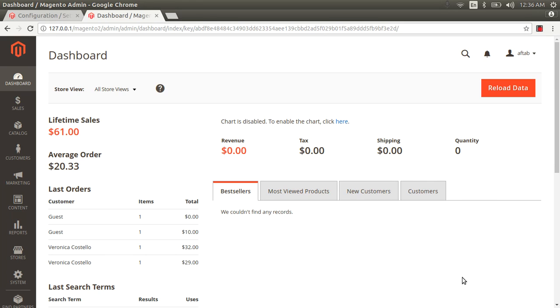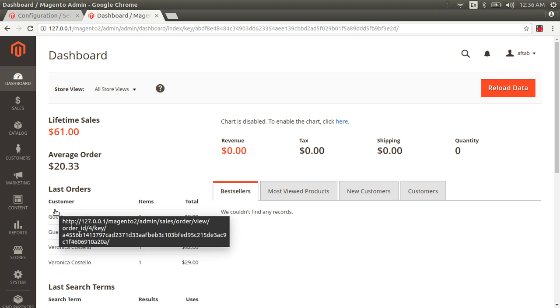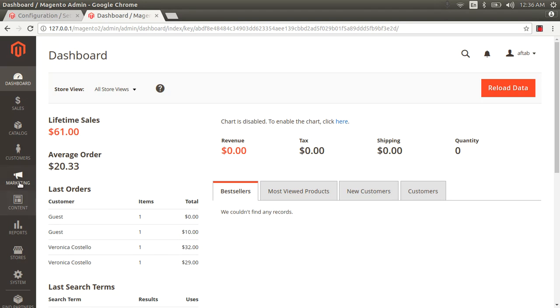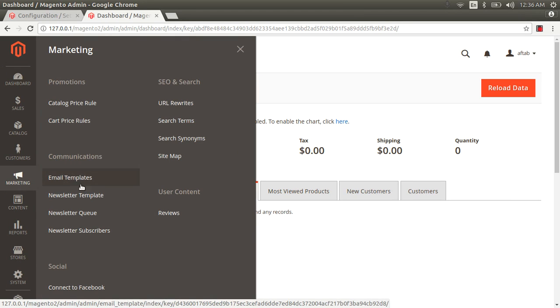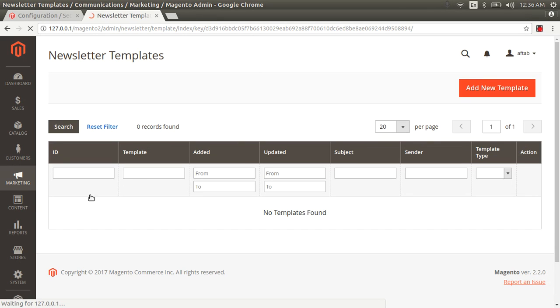This type of need, we need to send a static newsletter, right? So we are going to Marketing, and here you guys see Newsletter Template, and here Add New Template,